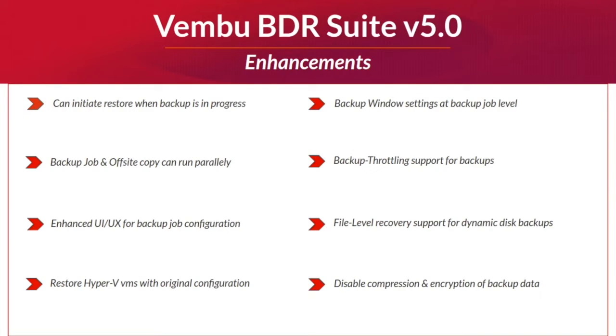And we have something called backup windows. So for example, you can schedule a time from when to when not to run the backup job. So that is what your backup window is all about. You have bandwidth throttling. So for individual backup jobs, you can set up bandwidth throttling, and you can set a priority of which resources it should run on while taking a backup. And file level recovery support for dynamic disk backup is something which we have added new. So initially we were able to just mount the data. Now we have file level recovery for the data that you're storing in dynamic disks also.